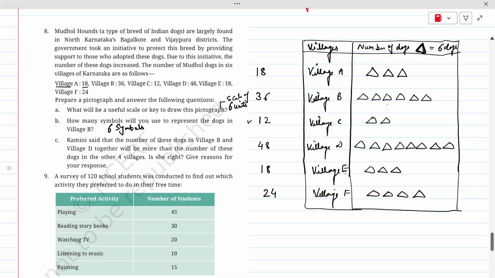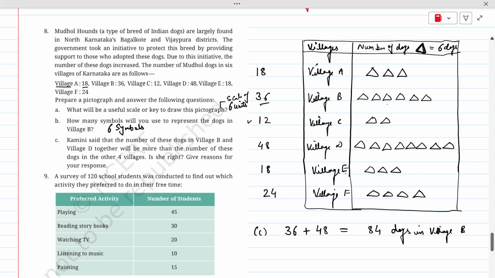Kamini said that the number of dogs in village B and village D together will be more than the number of dogs in other villages. Is she right? Give the reasons for your response. So we have to identify the number of dogs in village B and D together. So in B we have 36 and in D we have 48. So 36 plus 48 will give us 84 dogs in village